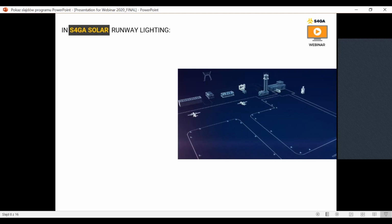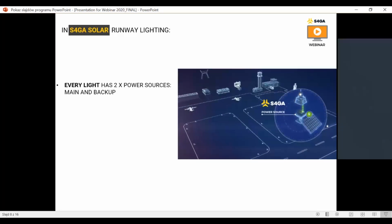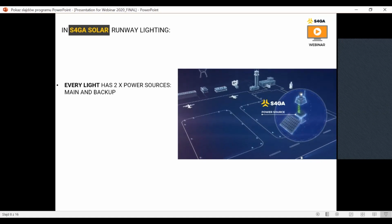On the contrary, S4GA solar runway lighting is designed with a different kind of philosophy. First of all, you have,